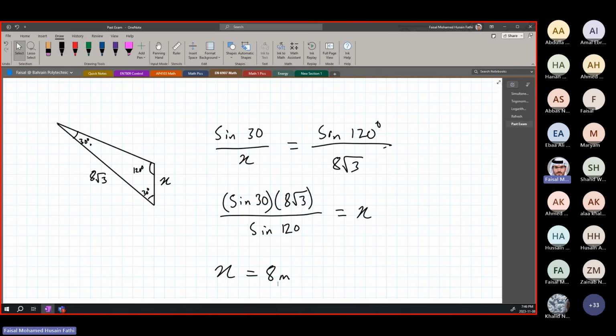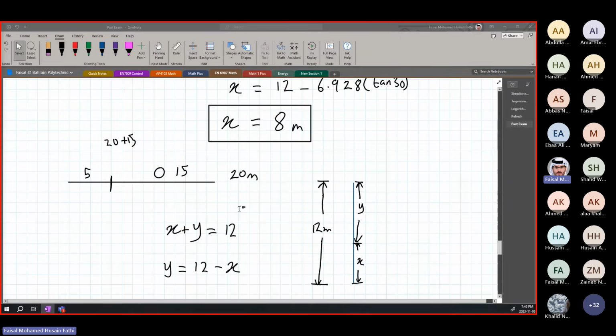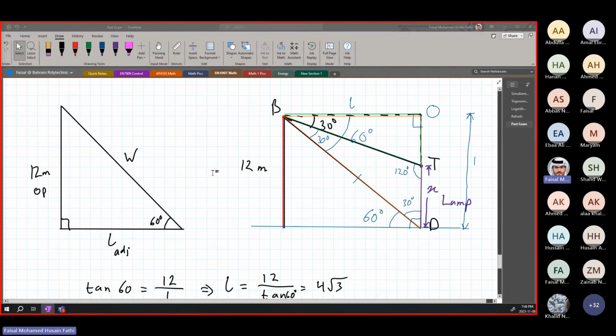Like I said, you can solve it in many different ways. There is even another method, but it's a bit more complicated. All of these work, all of these are correct. Okay?